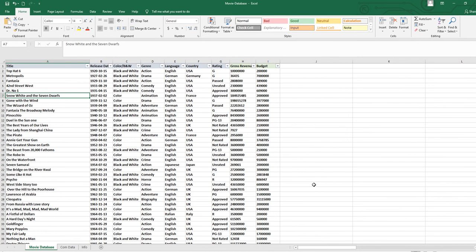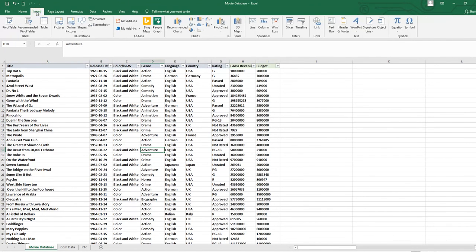In this lesson, I will explain to you how you can insert slicer and timeline in your pivot table. So pivot table we have discussed very well, but again, I am going to explain to you how you can make your pivot table. So first of all, you have to select any cell of your data. Maybe you can click here or here or here, anywhere.